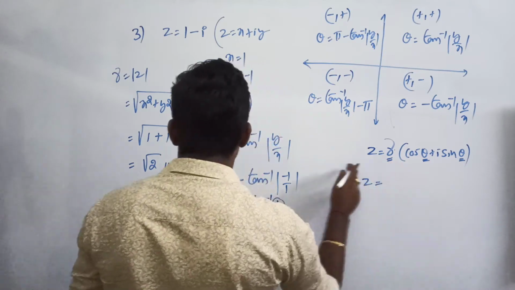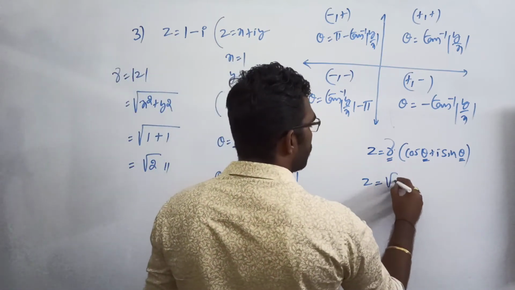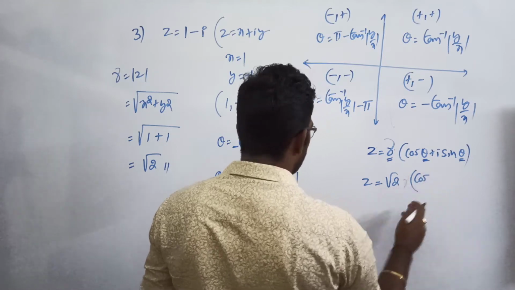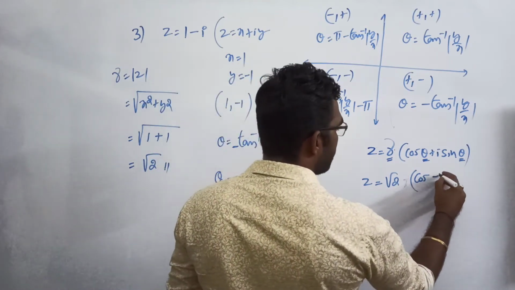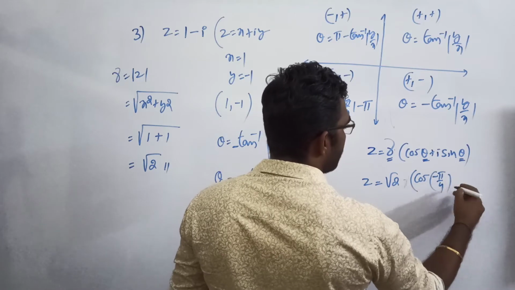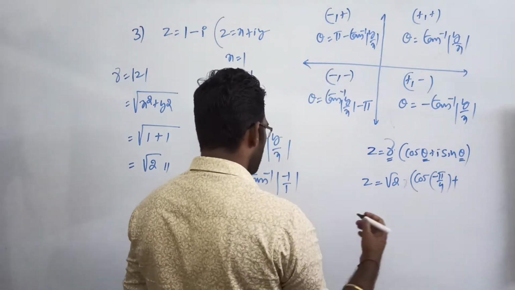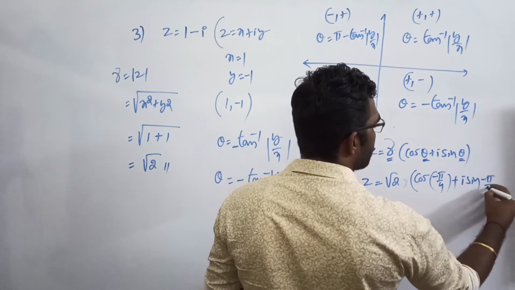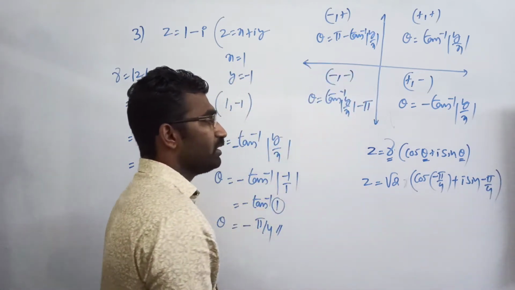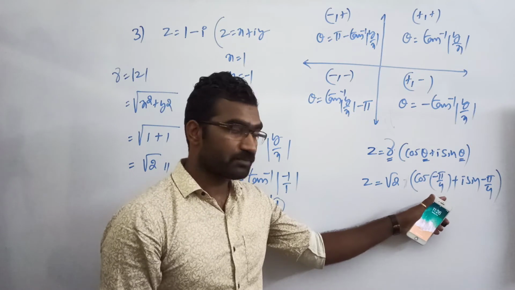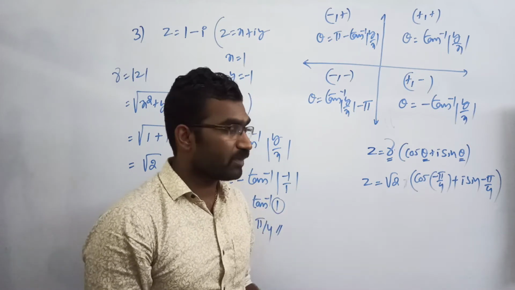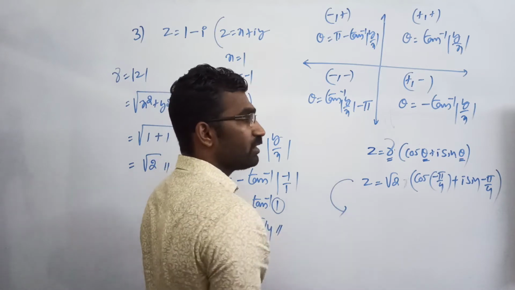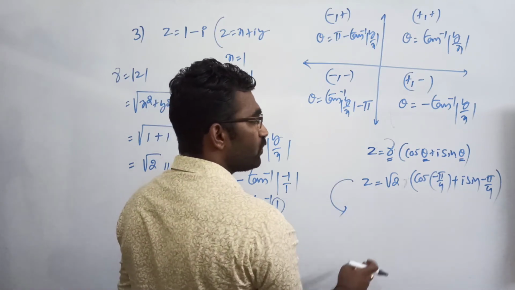That we will substitute in the standard equation: z equals r into cos theta plus i sin theta. Therefore r value is root 2 into cos of minus pi by 4 plus i into sin of minus pi by 4. So this is called the polar form. If you want to recheck whether you have done it correctly or not, what you have to do is